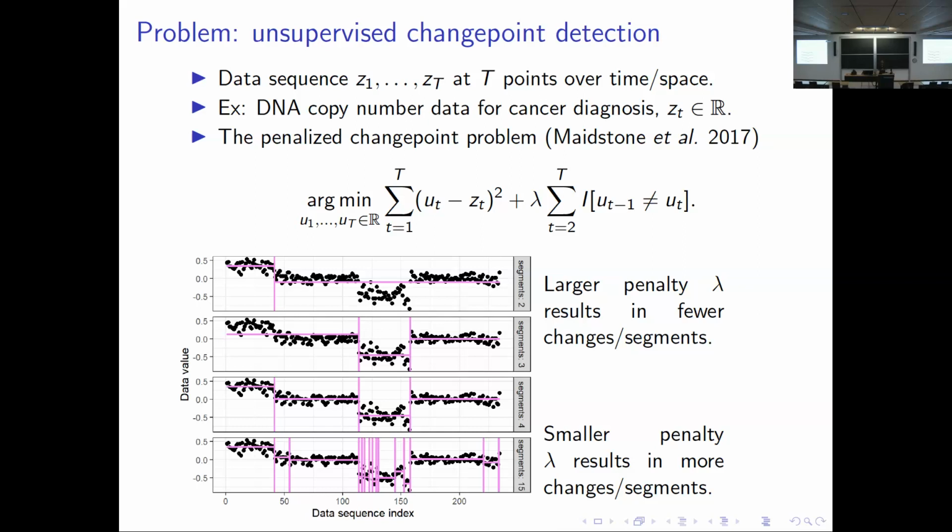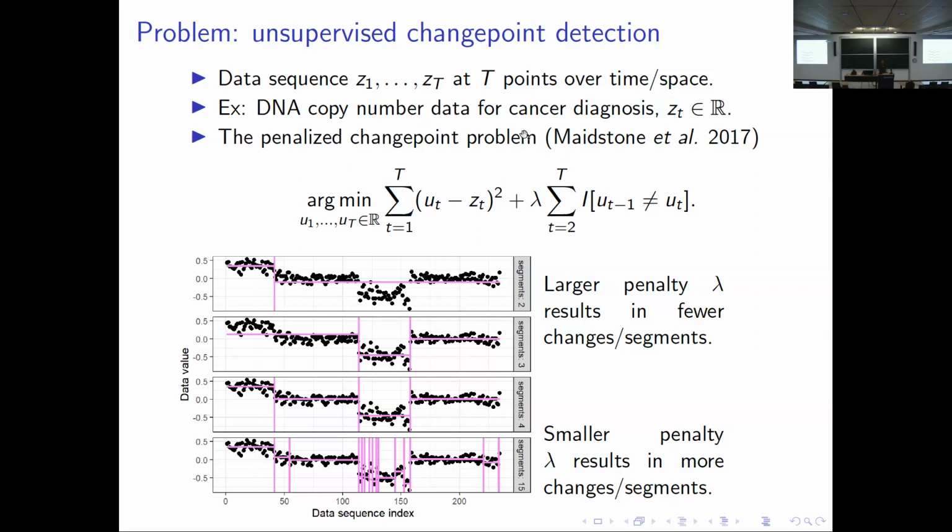So this is used in analysis of sequential data. Here we assume we have a data sequence Z1 to ZT, where T is the number of data points measured over time or space. And that would be the black dots in these figures below. Here's a plot of the Z value as a function of the data sequence index, the subscript. For example, these data sets here in black are DNA copy number data